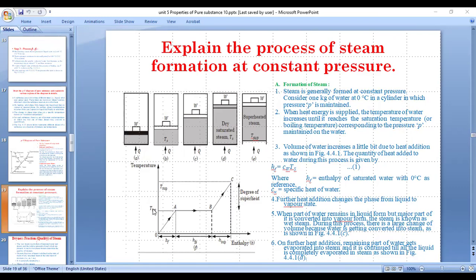First you have T saturated, then T superheated, which gives the degree of superheat. See here, there are three forms of steam. First is wet steam, next is dry steam, and next is the superheated form of steam. The enthalpy of wet steam will be represented in